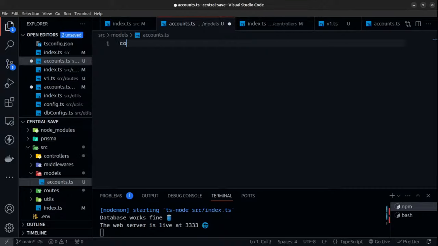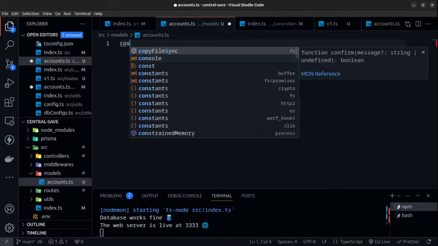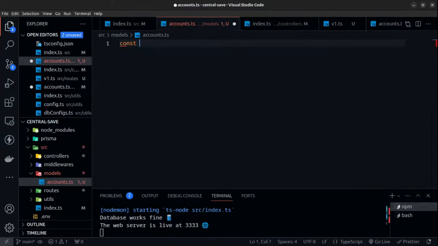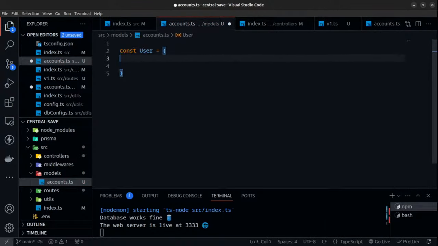Alright, so that should be constant. No, not constant. So what I will do is I will create an object. I will call that user in this case. So that will be const user is equal to, so the very first query that will be important right now is the add. So let's see, let's